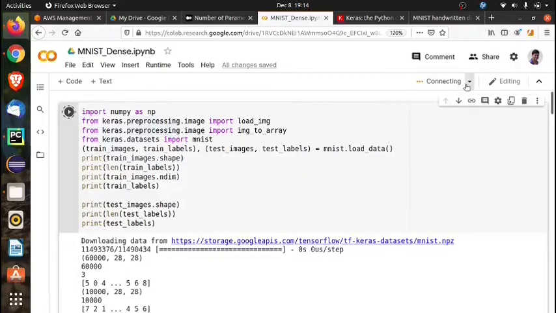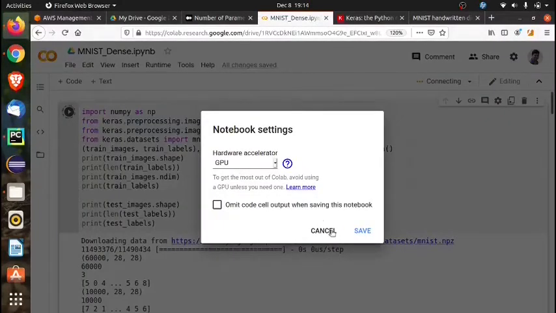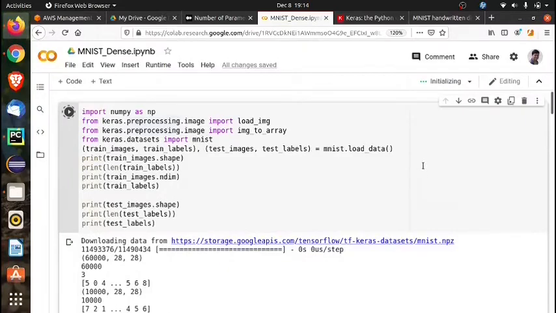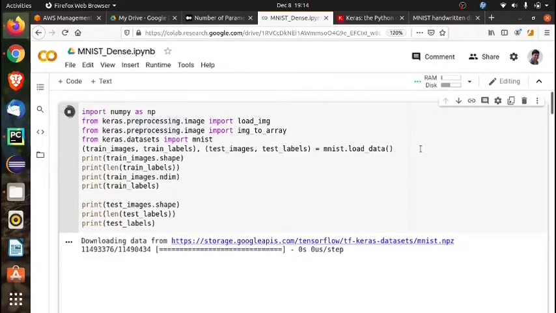First of all, it is connecting to the runtime, and in the notebook settings it is using GPU. Here it is initializing. Let's wait for a couple of seconds. Now you can see it is ready. Now it is downloading. Okay, now it is done.